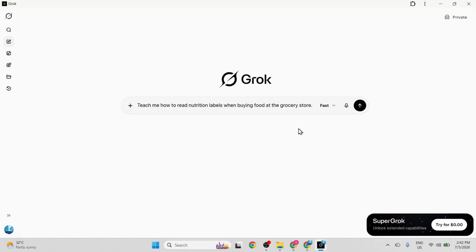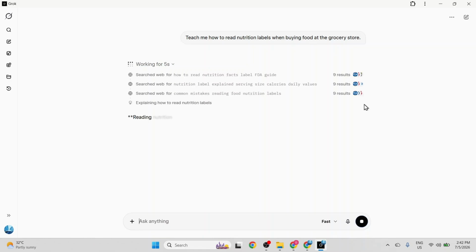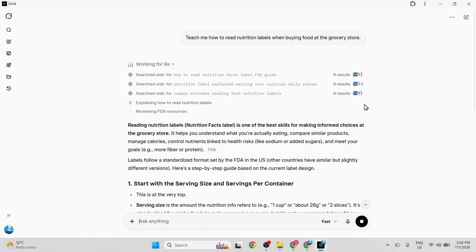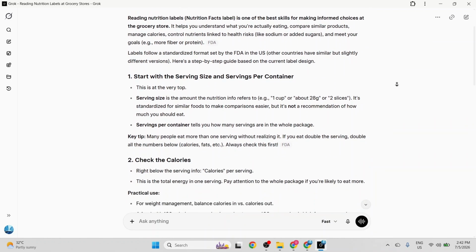I type out a sample prompt, "Teach me how to read nutrition labels when buying food at the grocery store." Once I'm done typing, I click the arrow button to send the request. The application immediately begins processing my question, showing a live, working status indicator. Grok actively searches the web for relevant guides, review materials, and common mistakes regarding nutrition labels to formulate a comprehensive